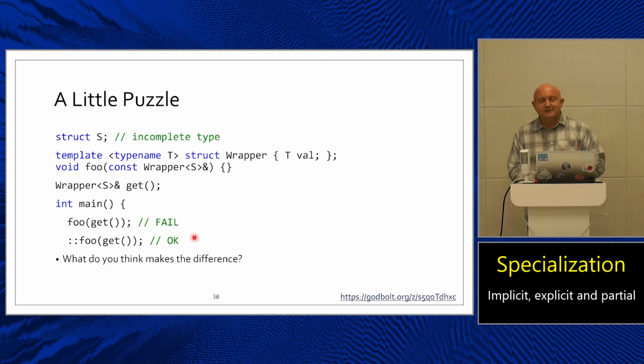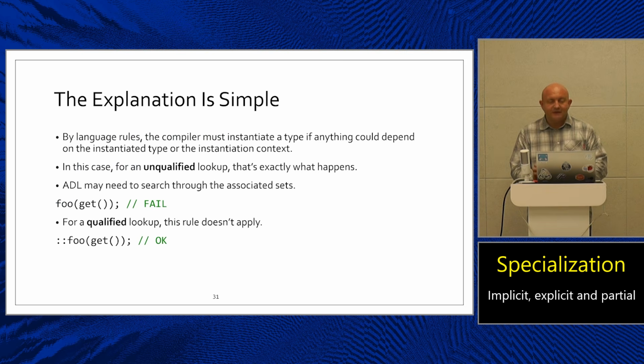The answer lies in the subtle rules of name lookup and how they interact with incomplete types during template instantiation. And the explanation is, I would say, surprisingly simple. By the language rules, the compiler is forced to instantiate a template if anything in the lookup process could depend on that instantiated type. In the case of an unqualified call like foo of get, ADL might need to search through the associated sets. And since wrapper of S depends on the incomplete type S, this triggers instantiation which fails